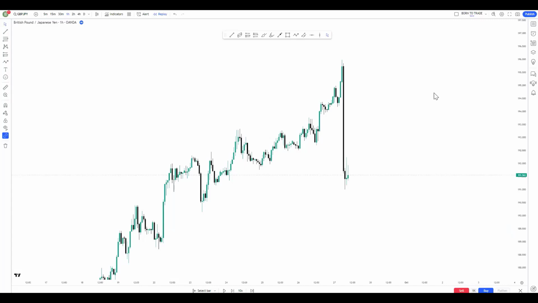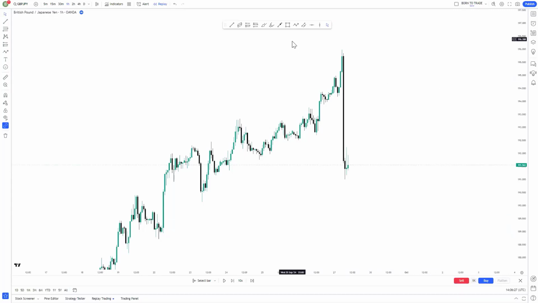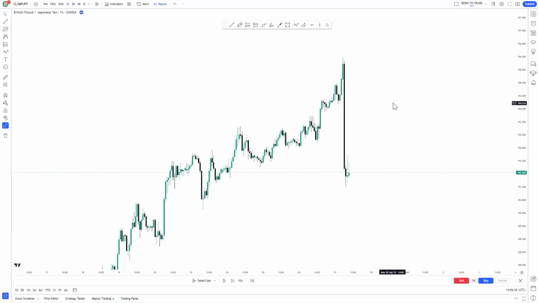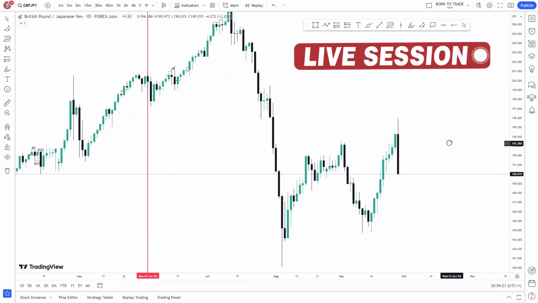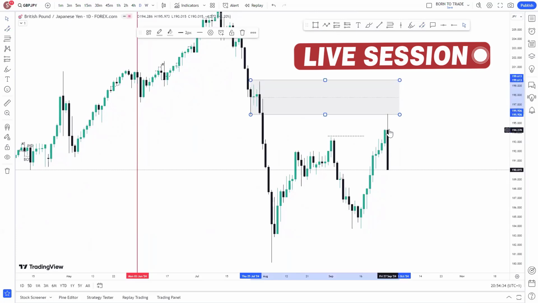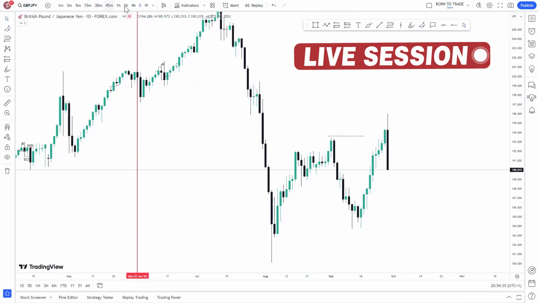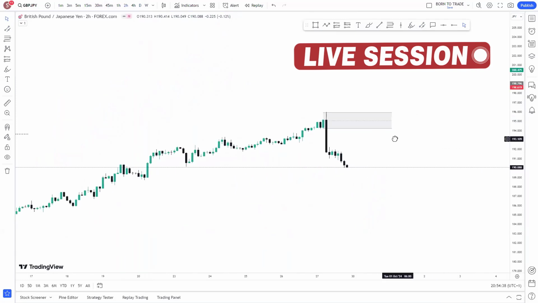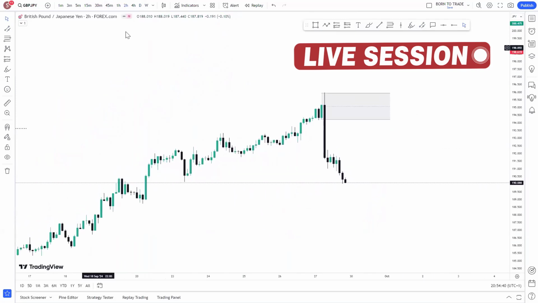So let me show you something quickly. This is I and my students having a meeting where I broke this particular price chart down. So take a look at it now. Price action where it sweeps liquidity above this high and went ahead to mitigate a higher time frame key level. Now, having that reaction, we're going to look to get involved from the 2 hour time frame or possibly the 1 hour time frame. So let's see the